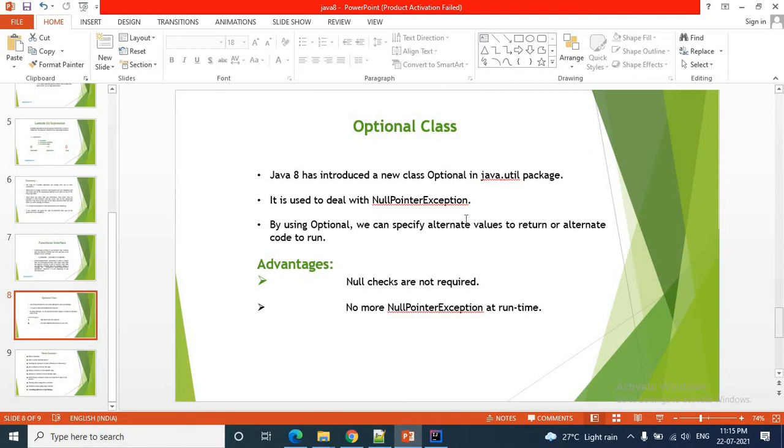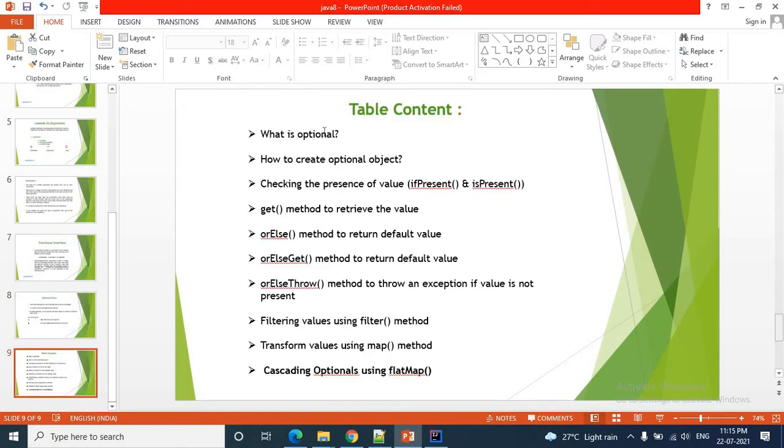In today's video, we'll cover these points: what is Optional, how to create an Optional object. There are so many methods by which we can create the Optional object. Then checking the presence of a value: there are two methods, ifPresent and isPresent. Then the get method to retrieve the value, and the orElse method to return a default value.